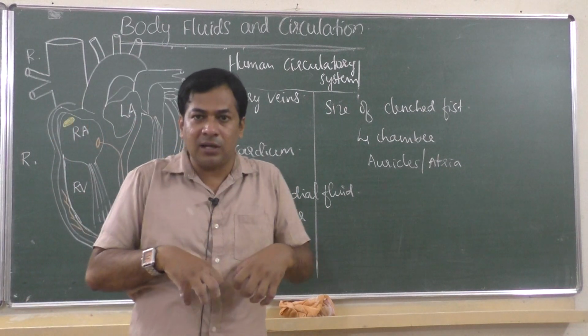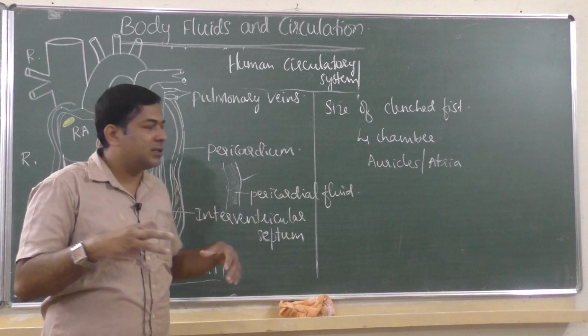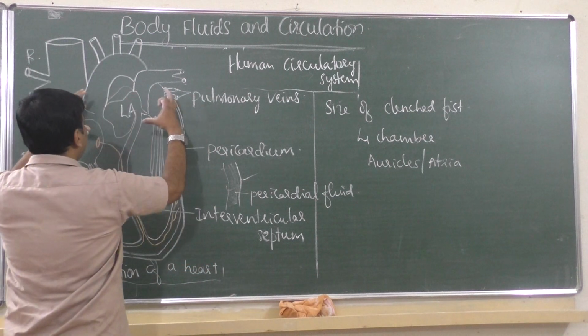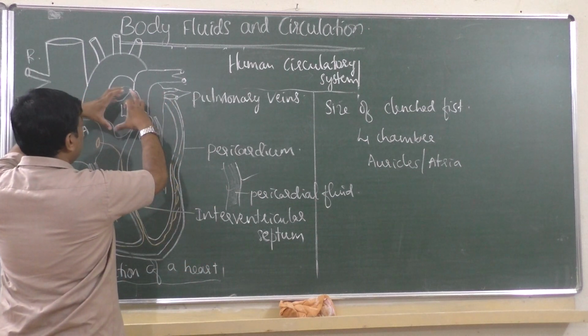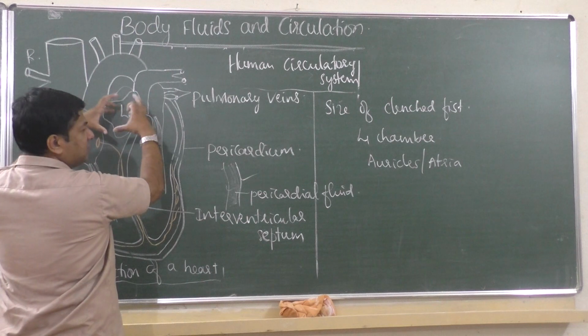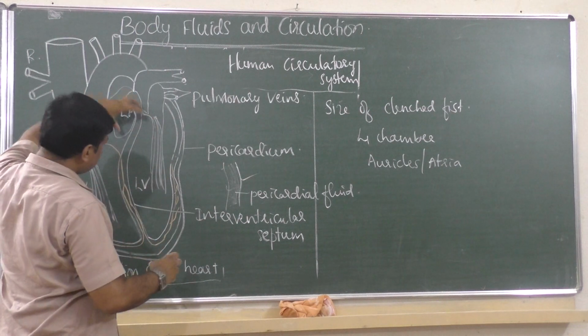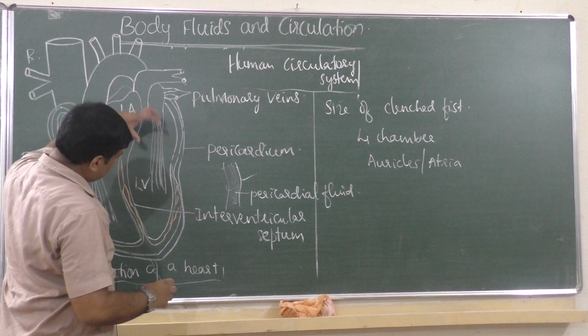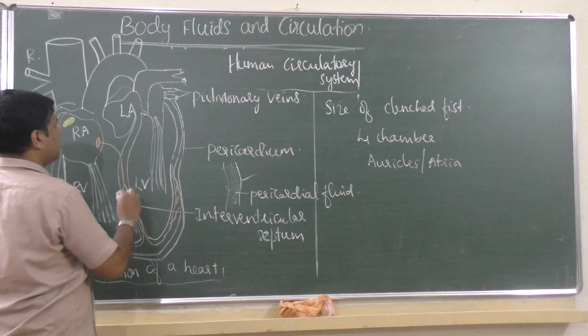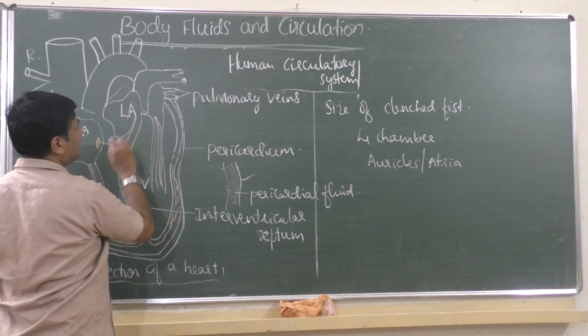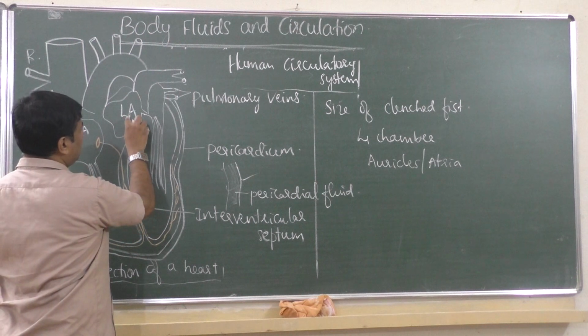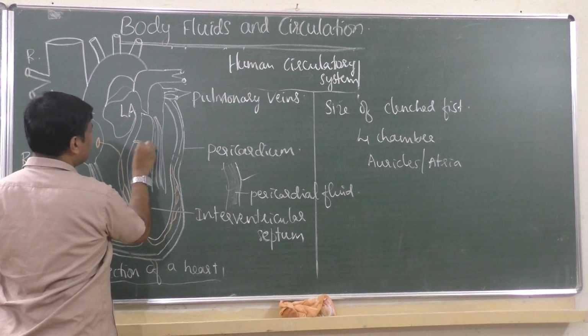Pulmonary veins will bring oxygenated blood to the left auricle, then the left auricle will enlarge because it is a muscular organ. When blood suddenly comes there, it will expand. So the left auricle will be filled with blood, then pressure increases there because it is filled with blood, and it pushes the blood downwards, that is to the ventricle, but there is a valve there. Here in between the auricle and ventricle there is a valve.